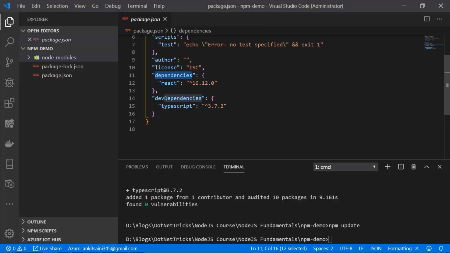If I go to this dependencies, React is 16.12.0. So current version installed for us is 16.12.0. By default, npm CLI will always install the latest version which is available on npm. In case you want a specific version to be installed, you can go ahead and define the version while installing